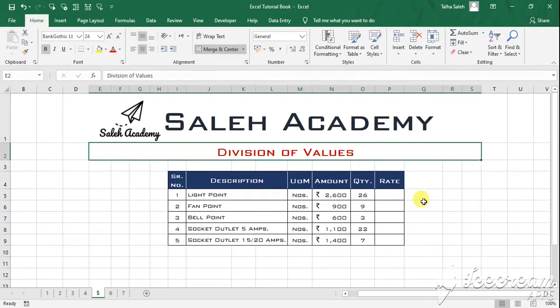In today's video, we are going to learn how to do division of values in Microsoft Excel. As you can see here, this is a table from an invoice format. Here my requirement is to obtain a per unit amount by dividing the total amount by quantity for these 5